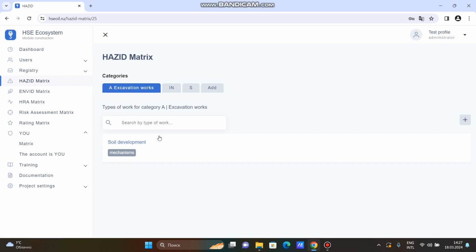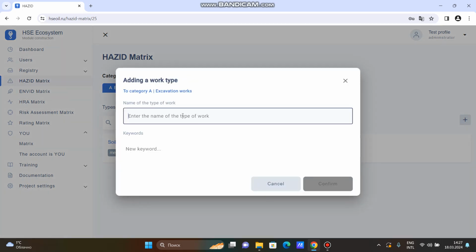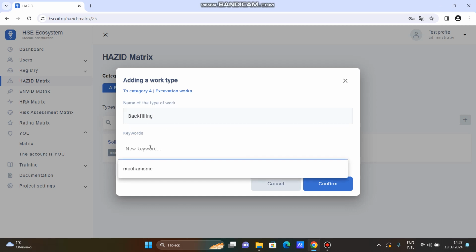And inside it, we have subcategories like soil development. Let's add one more. Let's say backfilling. So we added the type of work, and we can add the keyword. Let's say moving vehicles. We press enter,